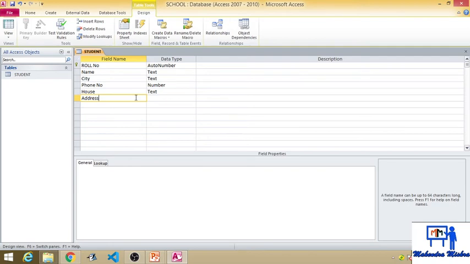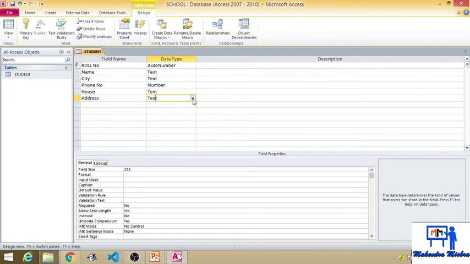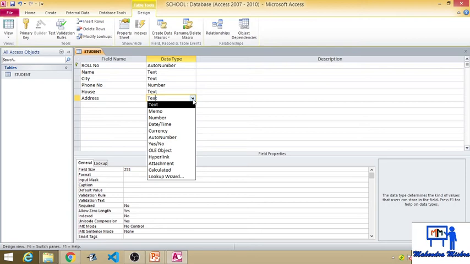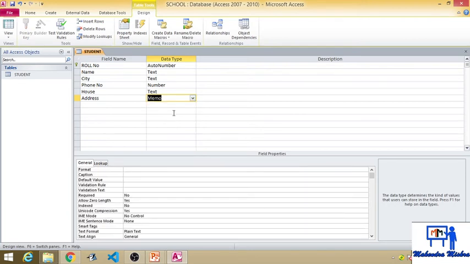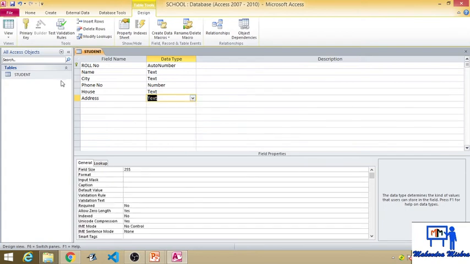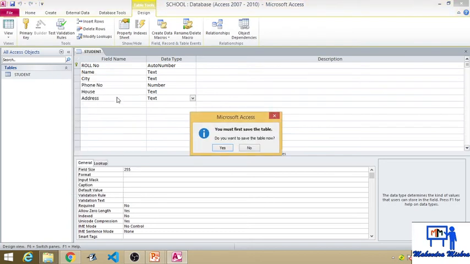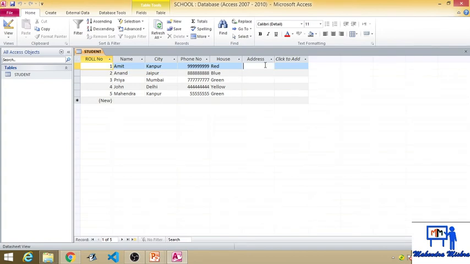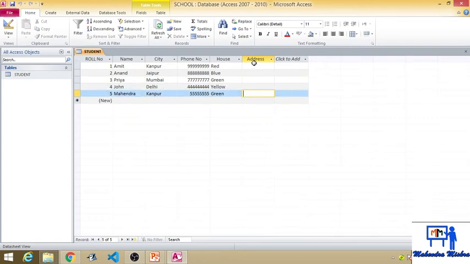I want to add one new field, address, and here you can choose text, or you can choose memo as the data type, because memo is used when you have to insert a very large amount of data, or you can simply choose text. Now open the table again, it asks to save the table now. Yes. Now see, the addresses are empty because you have just added the address field. So accordingly you can update the address.